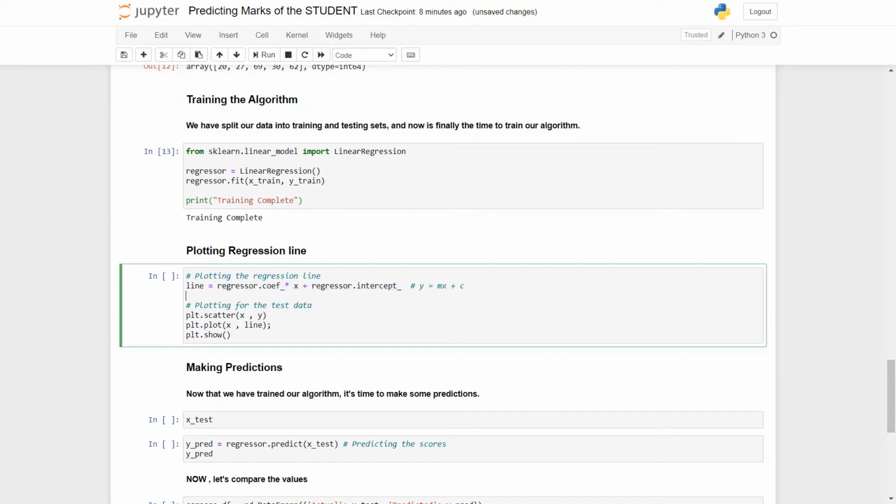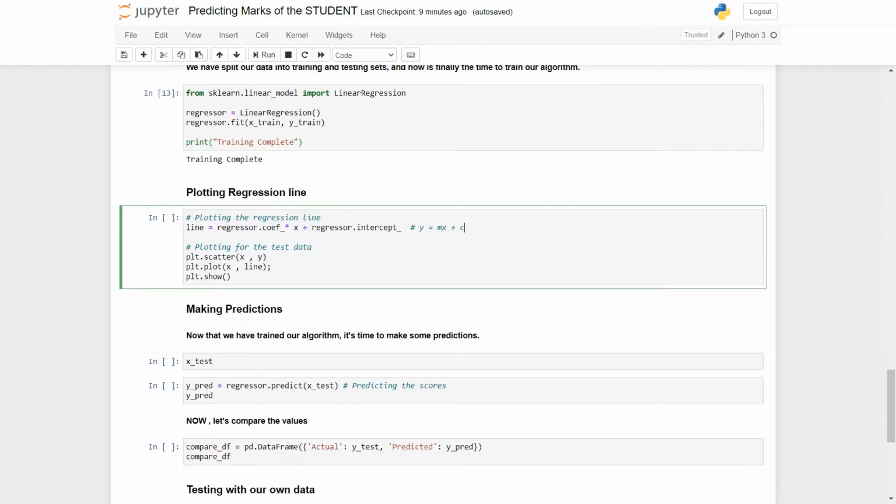If you observe closely, this line is in the form of y = mx + c, where c is the intercept and m is the coefficient, and this is the representation of the line.